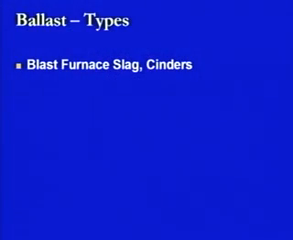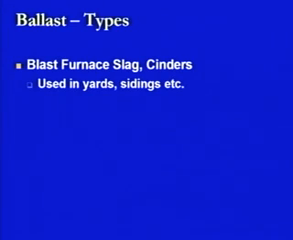Then another type of ballast which can be used is blast furnace slag. Now, this blast furnace slag or cinders is generally a waste material which comes out of the blast furnace where the other operations have taken place. So, this blast furnace slag or cinder can be used in specific locations, not on the normal tracks like